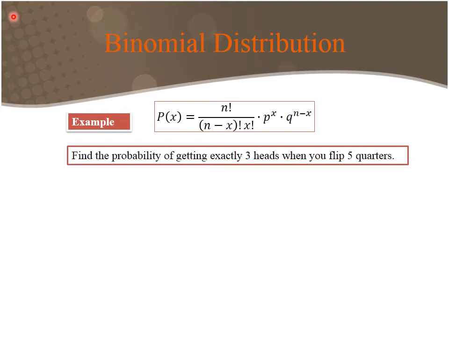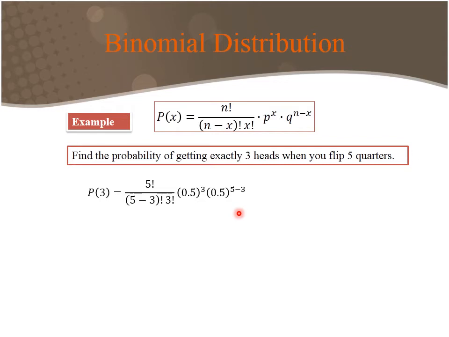The third thing we have to consider is: is each trial going to result in only one of 2 possible outcomes? There are indeed only 2 possible outcomes, a head or a tail, and so each trial will result in one of those 2 things occurring. And the last thing we have to consider is: is the probability of success the same on each trial? Of course, flipping a fair coin like this, the probability of success, or what we'll call getting a head, is going to be 0.5 each time. So yes, the probability of success is the same,